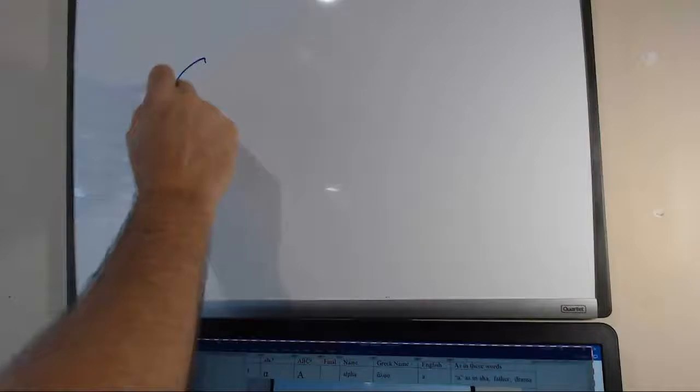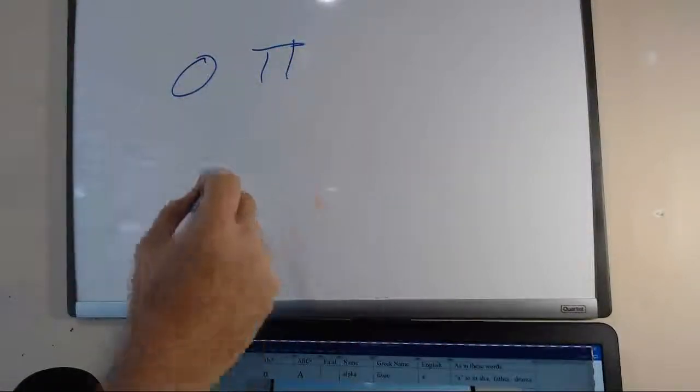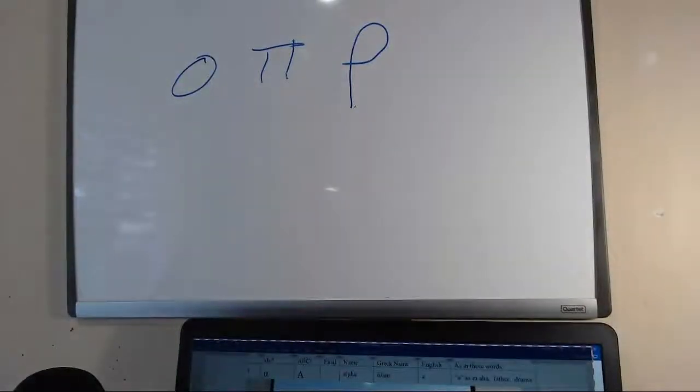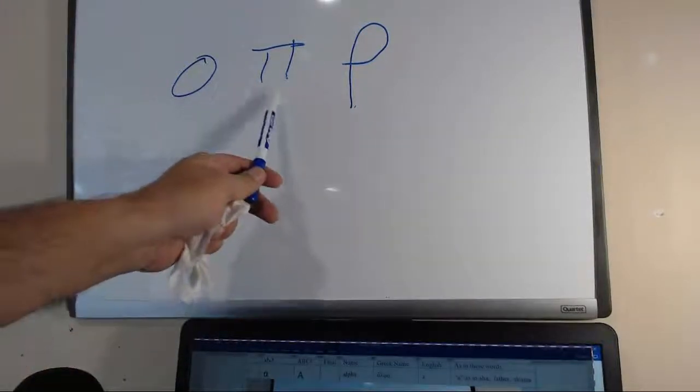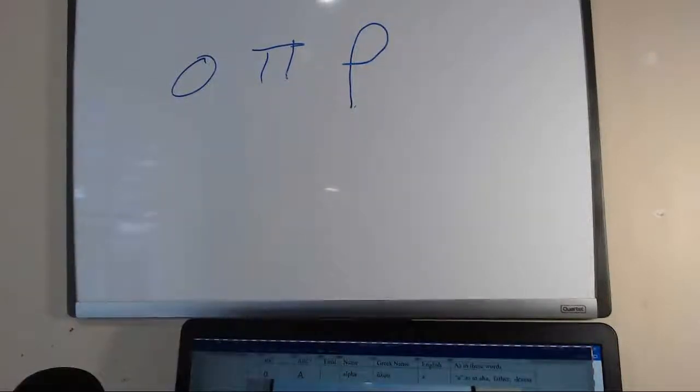Then we go Omicron, Pi, you're familiar with from math, rho. Now, the rho is tricky because it looks like a P. It's not a P. Pi is our P sound, so this is an R sound. So that's a little tricky. We'll have to learn that one carefully. Alpha, beta, gamma, delta, epsilon, zeta, eta, theta, iota, kappa, lambda, mu, nu, Xi, Omicron, Pi, rho,